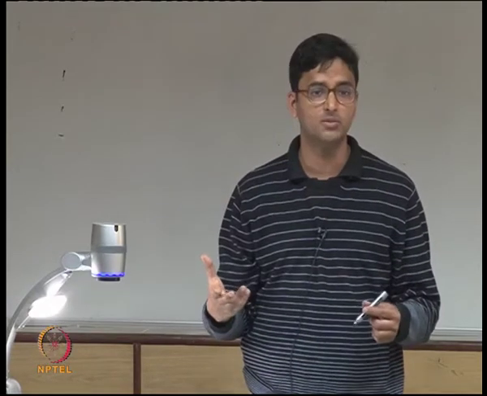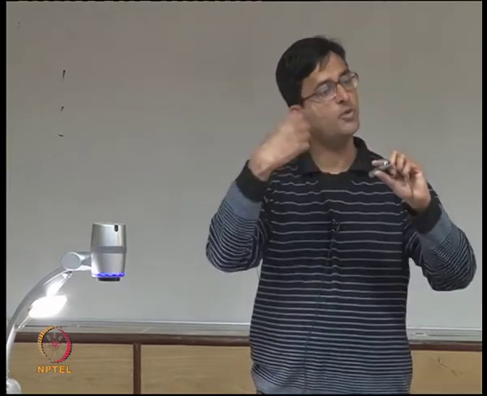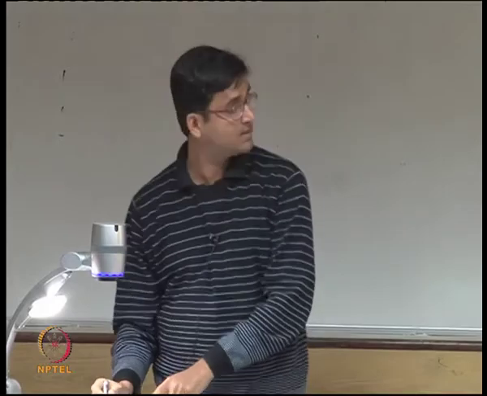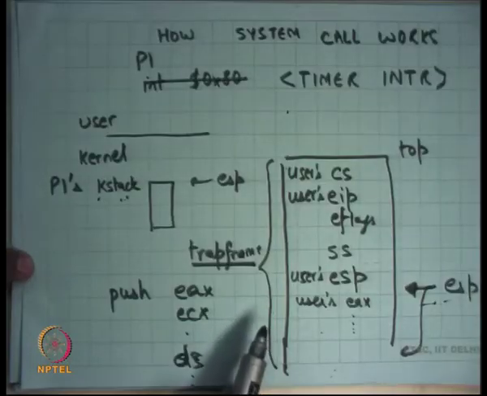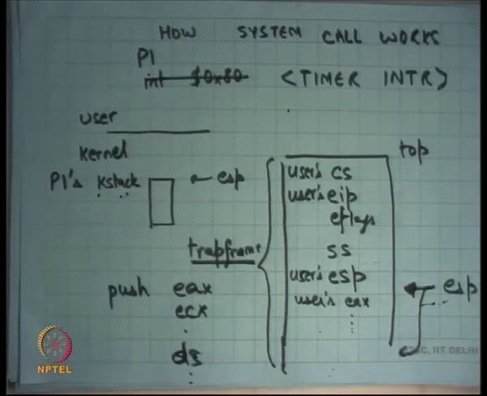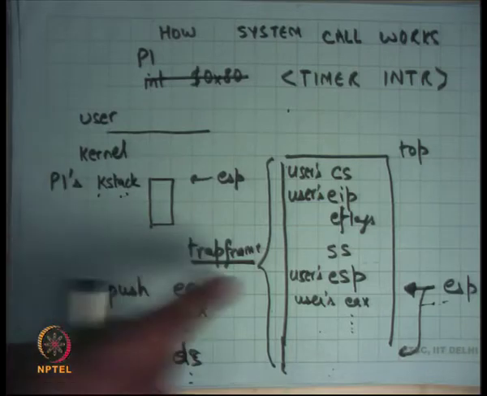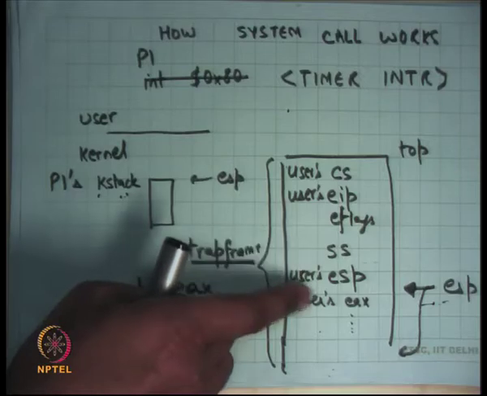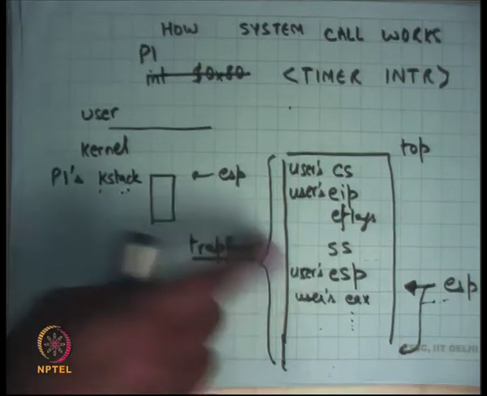It's possible for the kernel to disable interrupts while it's executing in kernel mode, but on XV6 it doesn't do that. So while the processor is executing in kernel mode, a timer interrupt can come, in which case things will not be like this. What happens if a timer interrupt comes in kernel mode? You don't need to switch the stack, and you don't need to push these extra values SS and ESP.